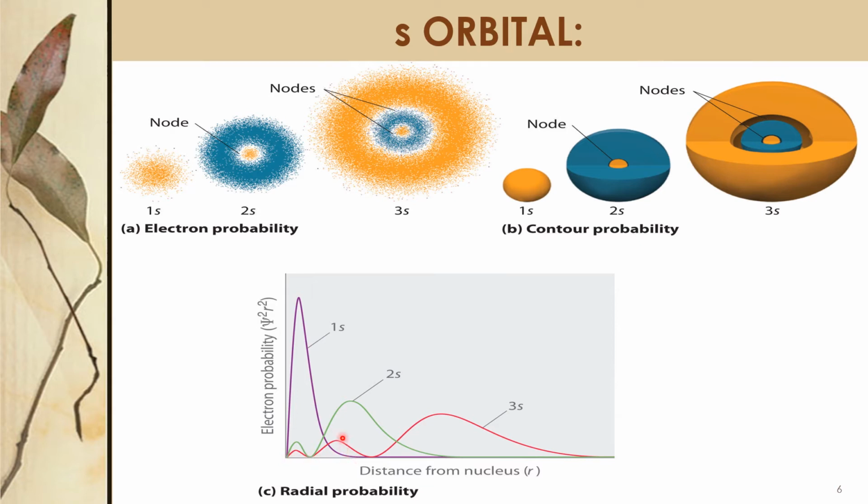Now for 2s, it is a little farther away from the nucleus. Now this is the maximum probability of finding the electron. This area no, this area no. So this is 2s. As you move from the nucleus, see the shape of the orbital. So that means it is far away from the nucleus. In this area, the electron is not available. In this area, the electron is not available for 3s. For 2s, no electron in the nodal regions, and for 1s, no electron at all in those regions.